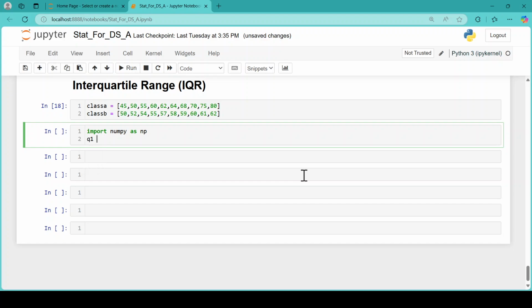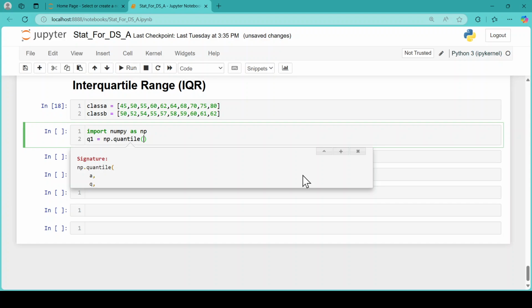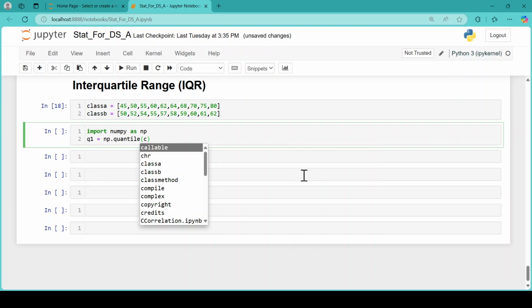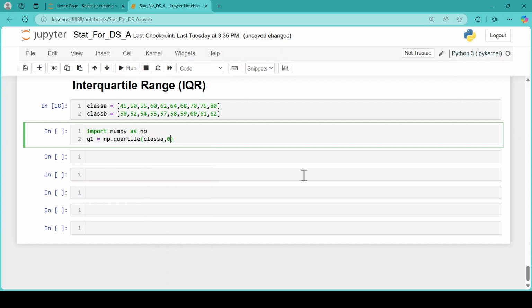Here Q1, the first quartile, is equal to np.quantile, and the data is class A. We will use class A, and for the first quartile, the lower 25.